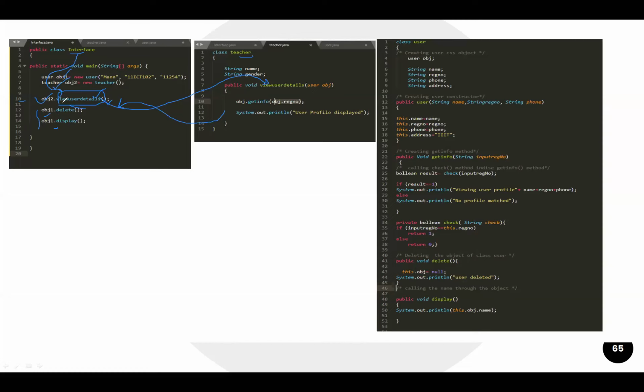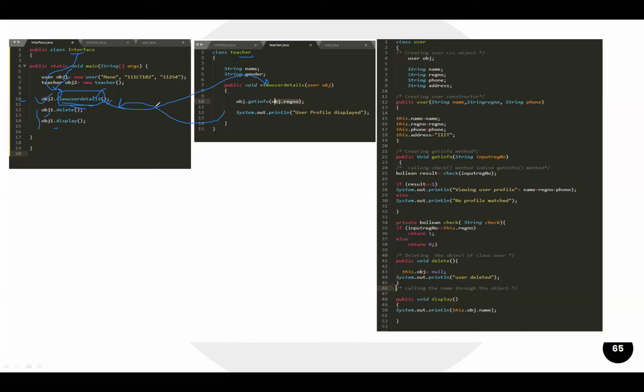So it means that this type of message, which is expecting a return message, is what we call a synchronized call. So whenever this particular method is called through its object, it is expecting a return message, and this particular view user detail method is a synchronized call method or synchronized message.